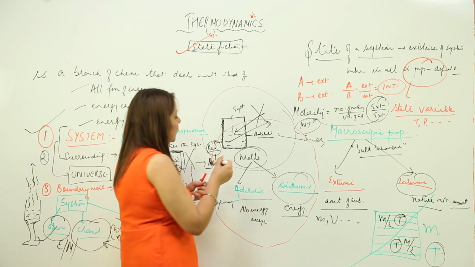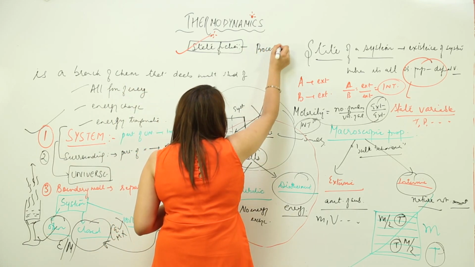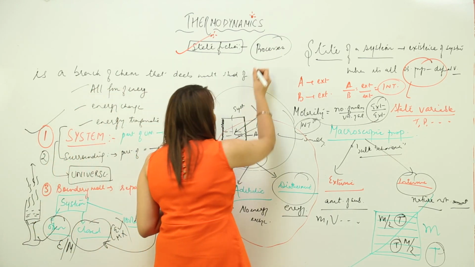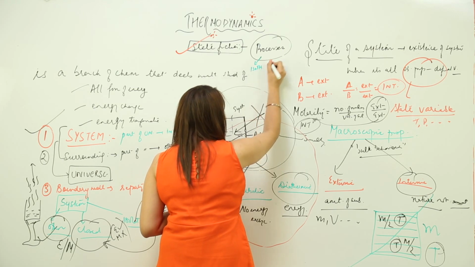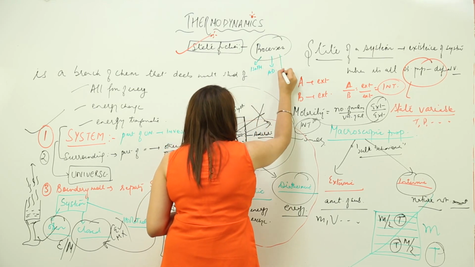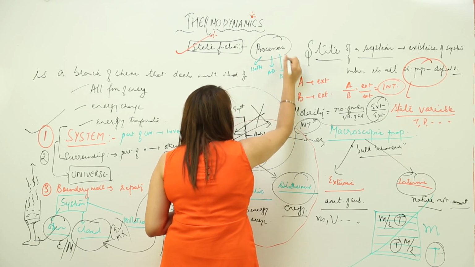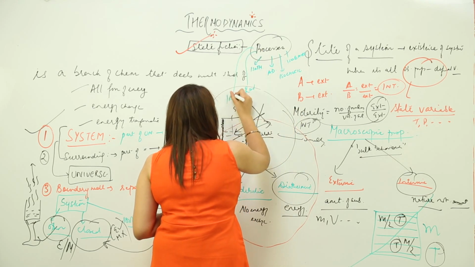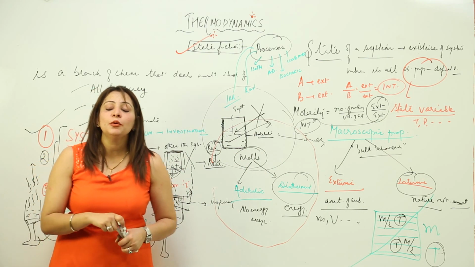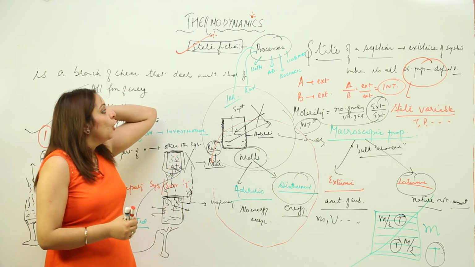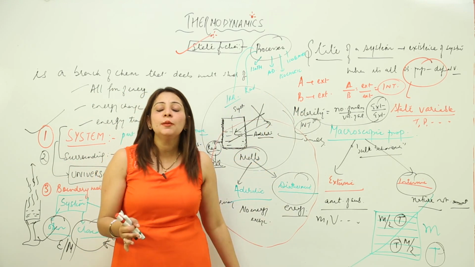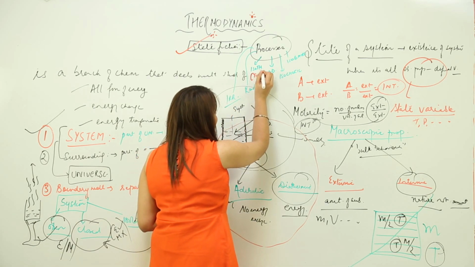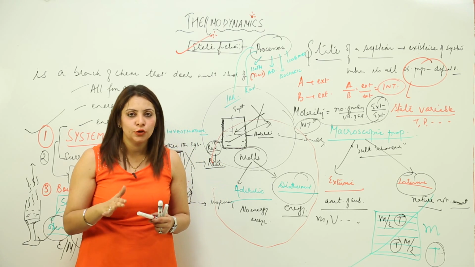Now we have different kinds of processes occurring. We see different types of processes occurring in nature. So what kind of processes do we get to see? We see isothermal process, adiabatic process, isochoric process, isobaric process, and we do see reversible and irreversible processes. So there are many processes occurring in nature, so let's discuss them. One is the isothermal. An isothermal process is one which occurs at constant temperature. That means the process in which the temperature remains constant is called an isothermal process.